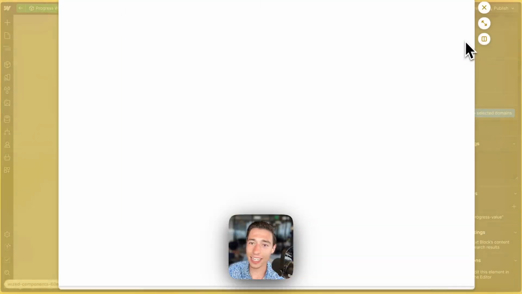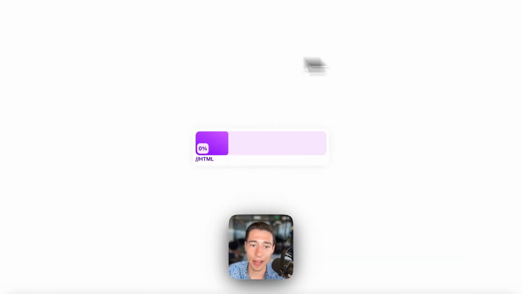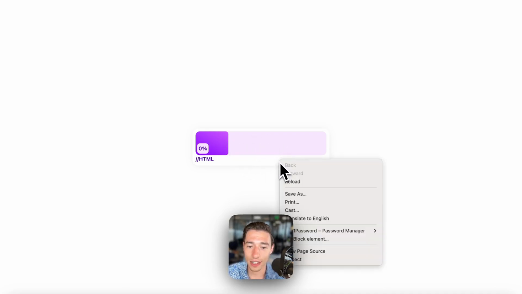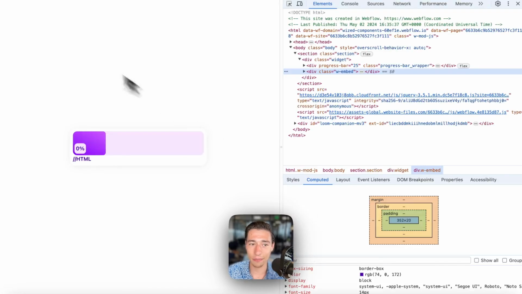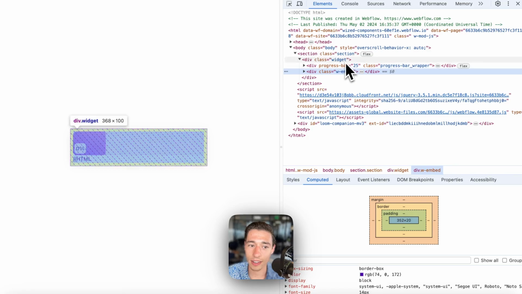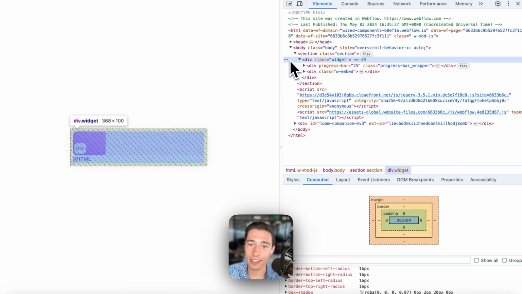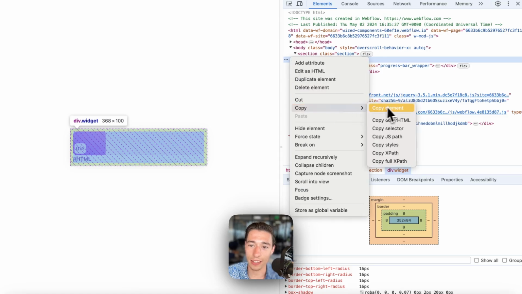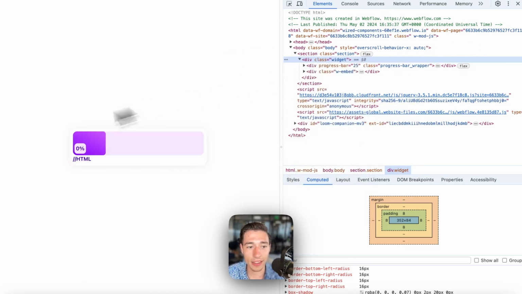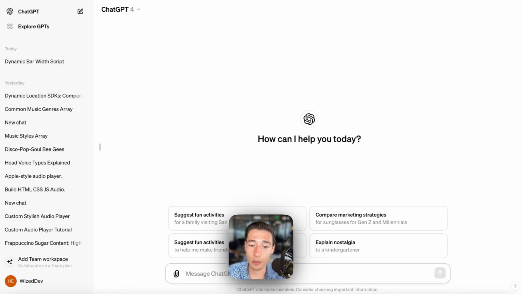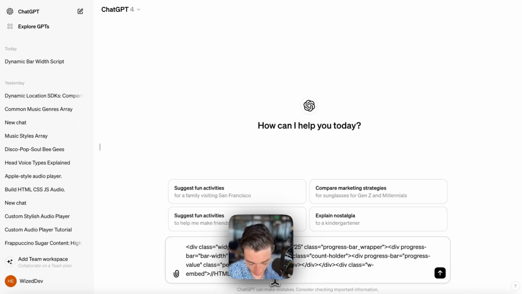So let's publish this to get the HTML. As you can see, we have that bar right in here. So now I want to inspect this element, and I want to go in here, take this widget, and I want to copy this element. Now this gives me the HTML. The cool thing about that is I can now paste this in ChatGPT and say,